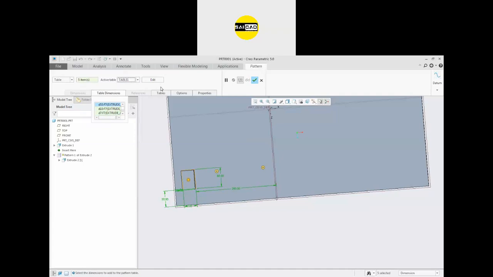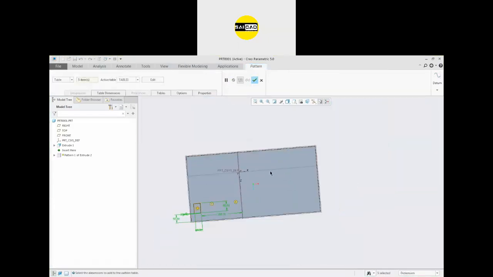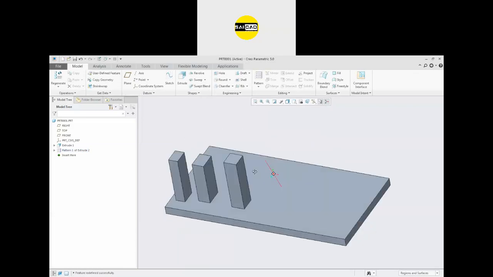Any questions on the table? Okay, so click OK, and the object will be created like that.